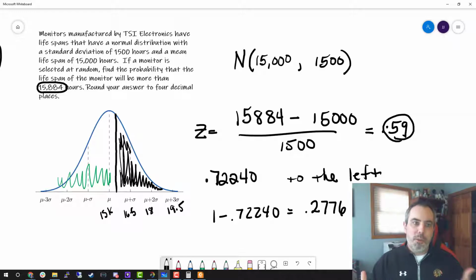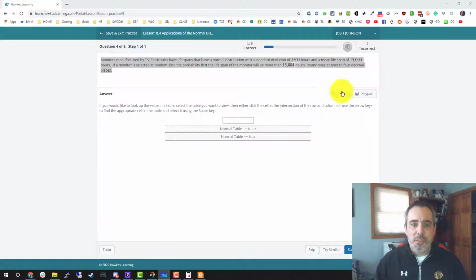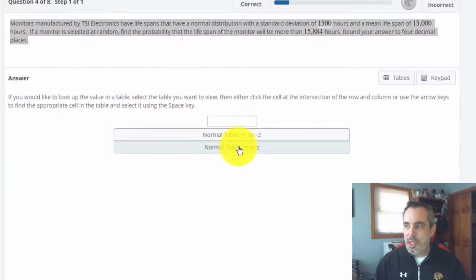So keep that in mind when you're looking for something that is at most or less than, you're looking for stuff on the left. That is what naturally comes out of here. I needed to find the information on the right. So the 27.76. Typically, again, if you're doing this with something like Hawks, you can use the same strategy and